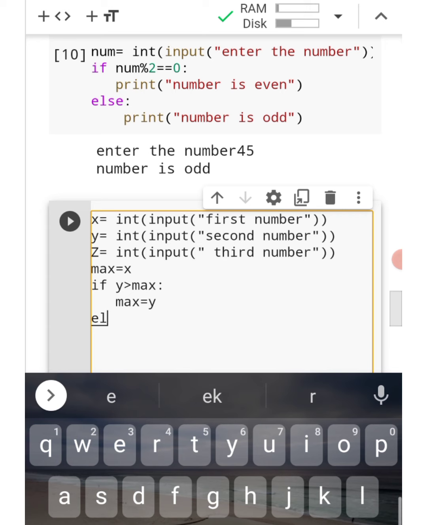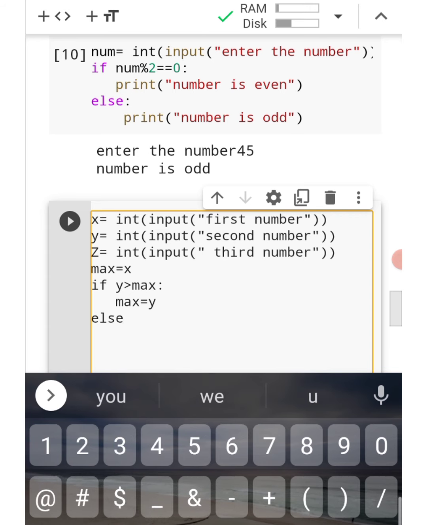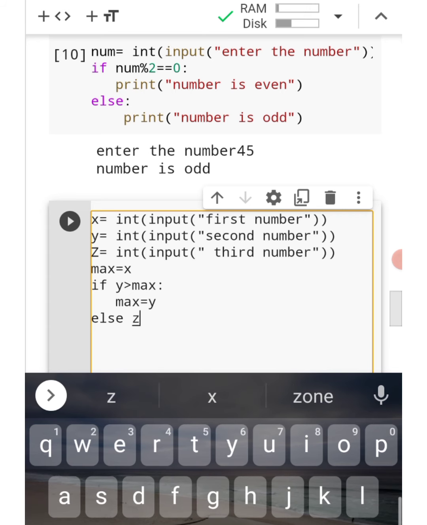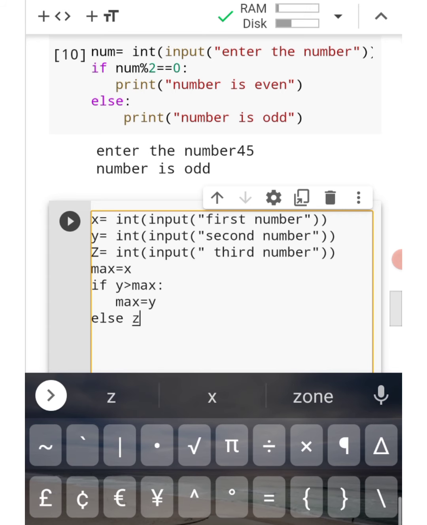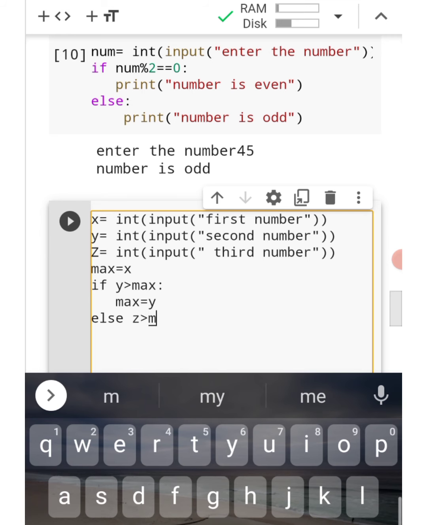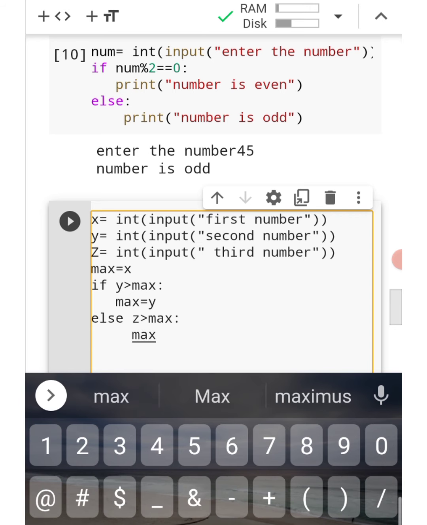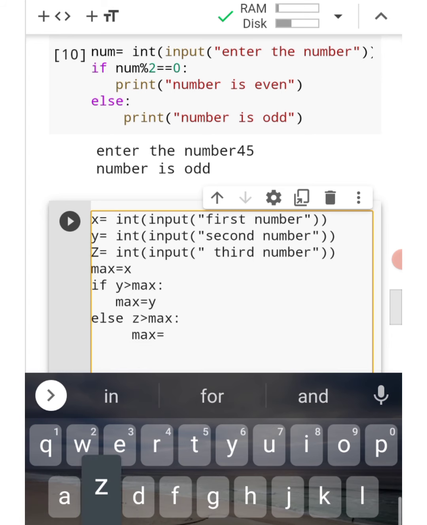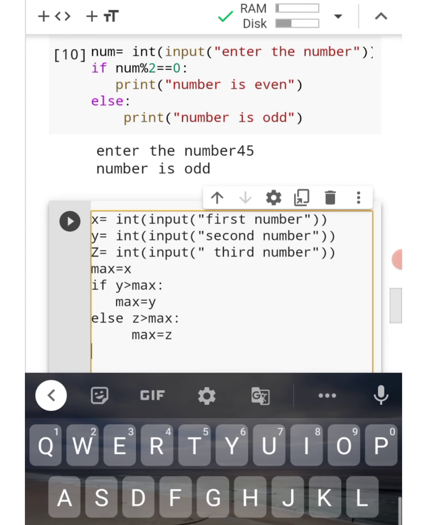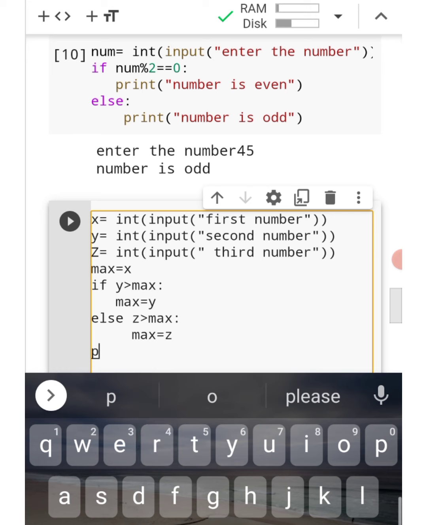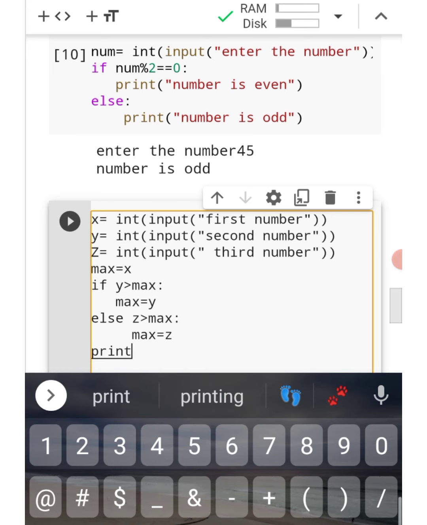Just use the else concept. If z is greater than max, now we declare max equals z. Then we print the message: the maximum value is this.